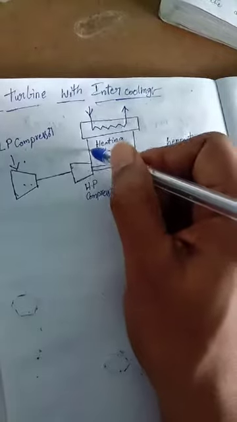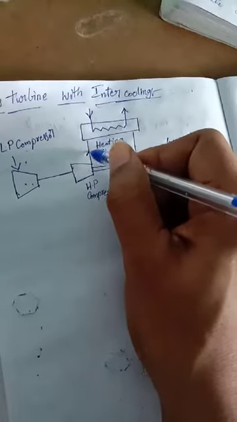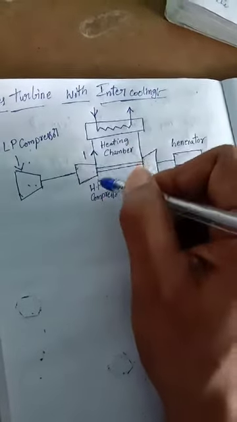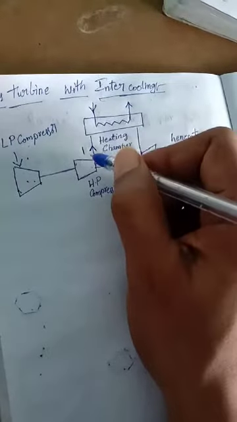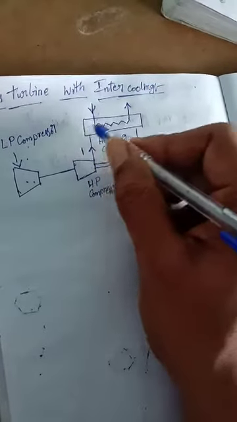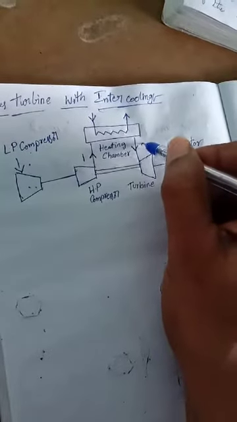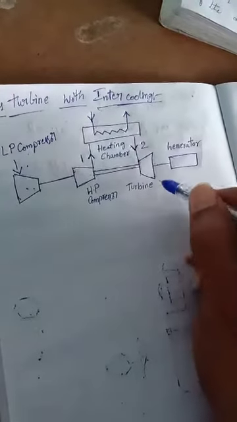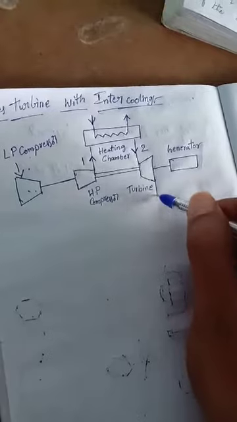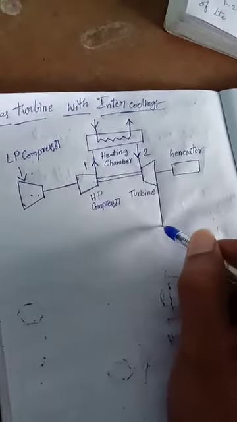Then first it will come here, this is the point. High pressure compressor to heating chamber is called 1, and then the heating chamber to turbine is called 2. Okay, and then it passes through